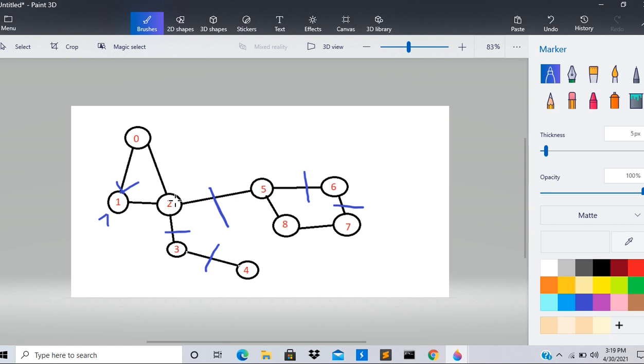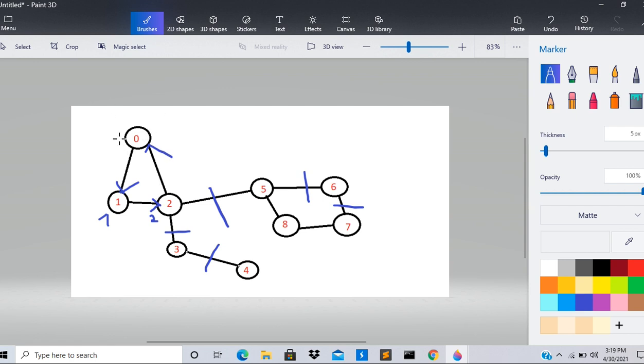Now node 2 was initially unvisited, so we would mark this node as visited, and we would store this edge 1 and 2, and we would assign a low link value to node 2 as its id itself, so it would be 2. Now we would apply depth first search on node 2. So from node 2 to node 0, but node 0 was visited, but still we would store this edge, node 2 to 0